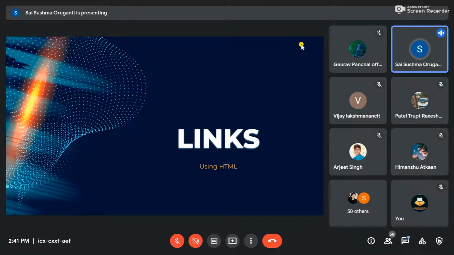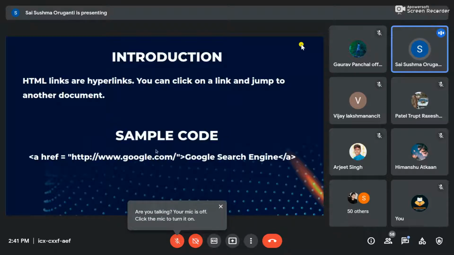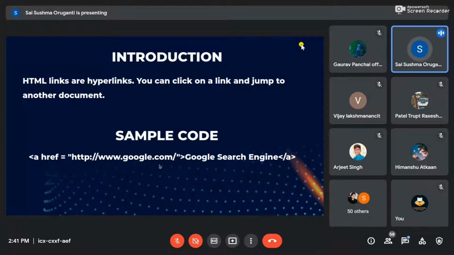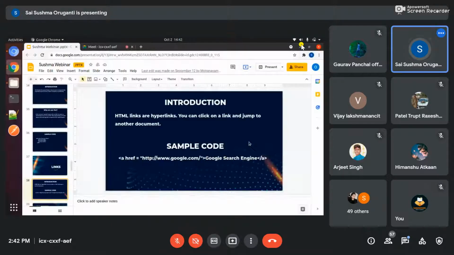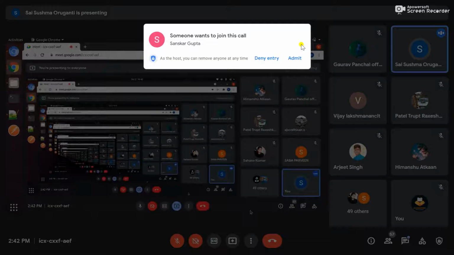I will also tell you how links work. Link, you all know link, right? If you click on a certain link, it redirects to another page. So how to build those, I will show you also. Here in the sample text, we use href. A is the anchor tag in HTML. Href is the hyperlink. If we click on this text that contains this link, it redirects to the Google page. I will show you this also practically. So that's it. Hope the PPT is clear, but I know it will not be clear till I explain practically.